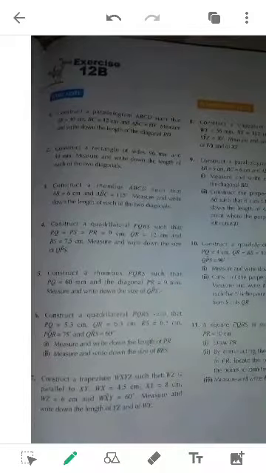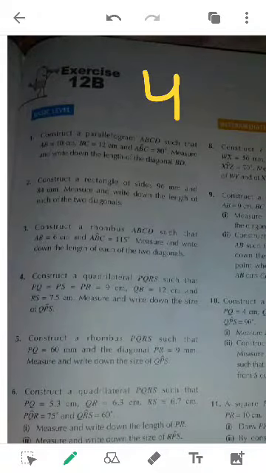So this is the last exercise of our syllabus, and this exercise will be related to the construction of geometrical figures, quadrilaterals. And a quadrilateral, we know, is a four-sided figure. In the last exercise we were studying triangles, and a triangle is a three-sided figure. So let us start. You are given side AB 10 centimeter, BC 12 centimeter, and angle ABC is equal to 80 degree. So let me go to the question straight away.